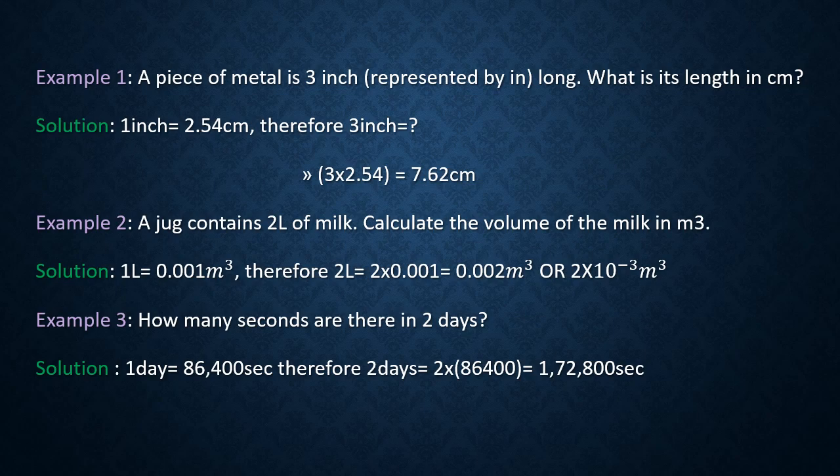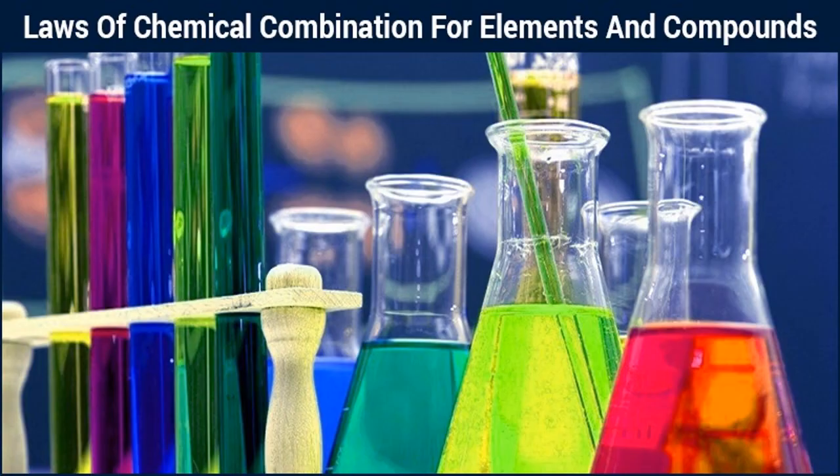Now this is the most important part of the 11th class. This is regarding what? Laws of chemical combination for elements and compounds. See, we have seen in the 9th class, nature is complex. Nature is variety in the form of color, in the form of texture, in the form of touch, in the form of property. So they're different.